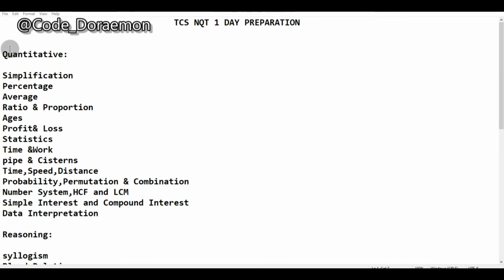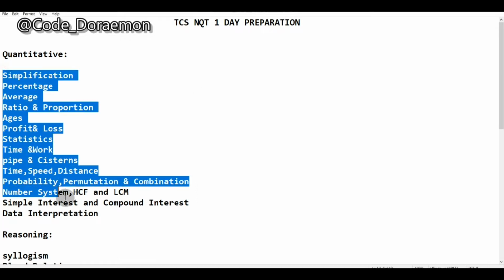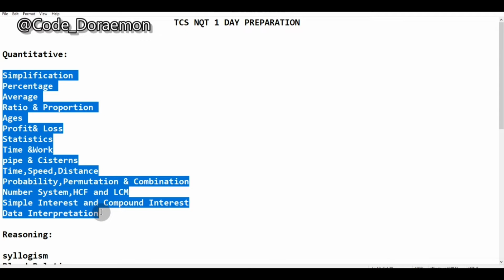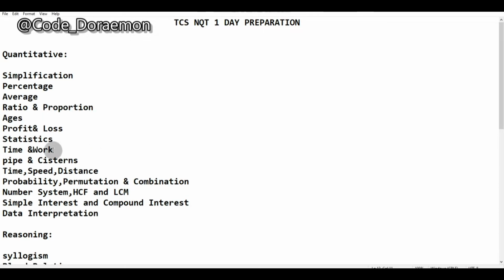So first off, here I have listed the set of topics which you want to learn. These are the topics which you usually get even if you search for NQT questions. I have learned all these topics, but I'm going to say the things which are most important to learn and which are mostly asked in the NQT exams. As you can see, simplification is mostly embedded in all of the questions,